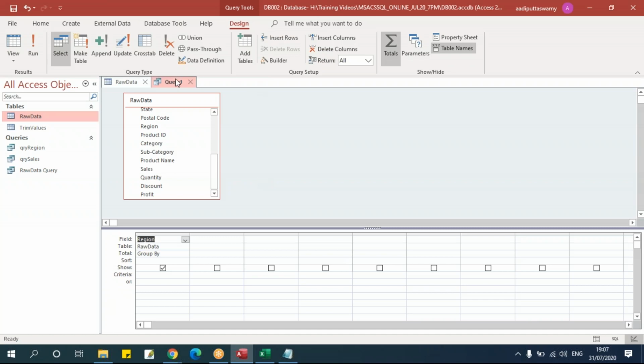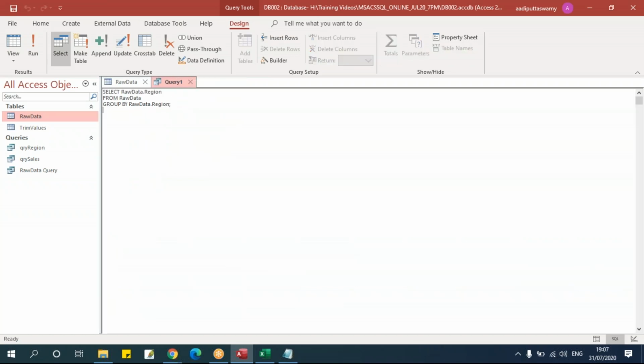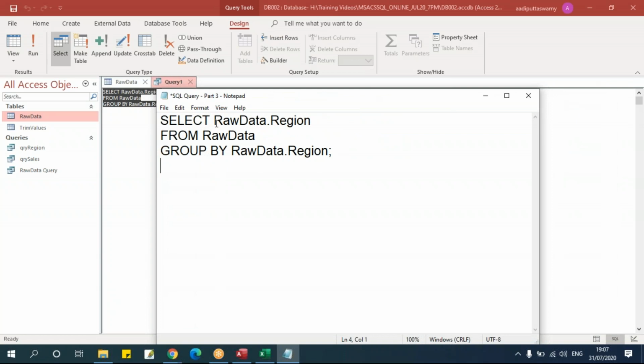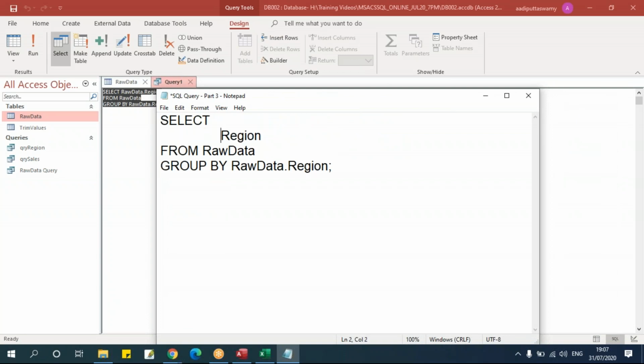Let's see how the SQL view looks. Right click, SQL view. Let me copy this and we'll put it in the notepad. First, we'll understand how this grouping function will work. Say, we'll take region, the column, and here it says group by. The group by is the clause.